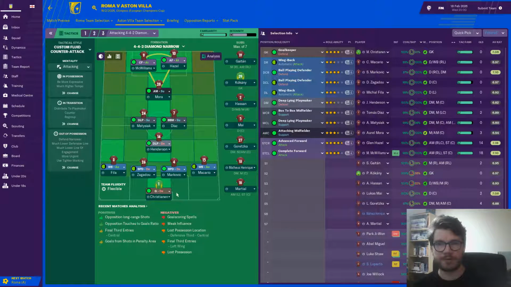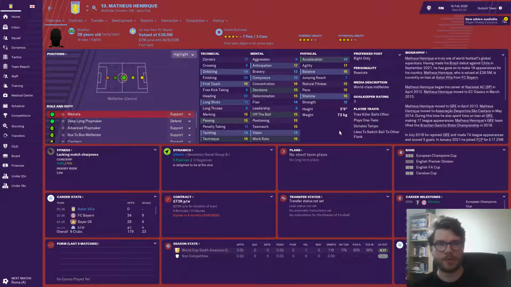And the lineup will be Christensen in goal, Fila, Zagadou, Markovic and MikeRo as the defence. Henderson, Matisiak and Diaz are in behind Mora, McWilliams and Glenn Hazel, who kind of act as the front three these days. It's also worth noting I have brought in another player on loan, Matheus Henrique has come in just